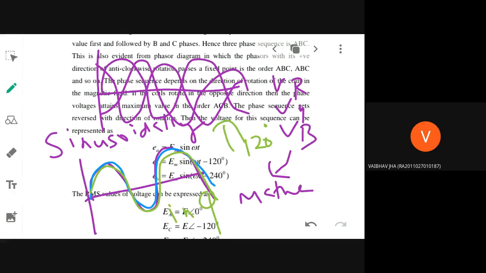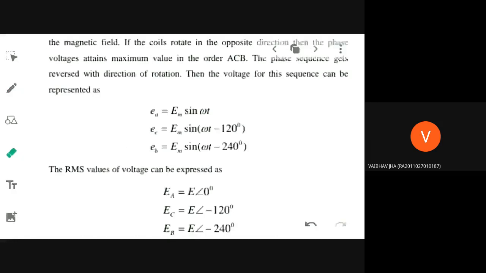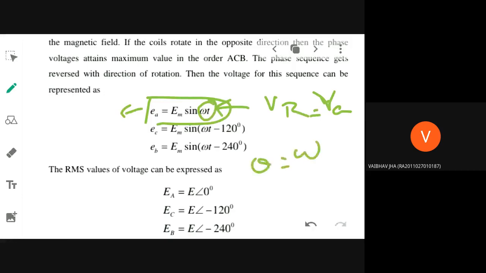Yes, ma'am. Okay, so what will be the first equation? The first equation is for the first phase, you assume. Let it be VR or VA, both are one and the same. Notations may differ, alright. But practically, they usually represent it as RYB or RBY phase. This is the general mathematical expression that you should never forget when it comes to expressing sinusoidal quantities. And this omega t is equal to theta, they generally represent. So omega is nothing but angular frequency, and it has the formula 2 pi ft. Make a note of all this formula.